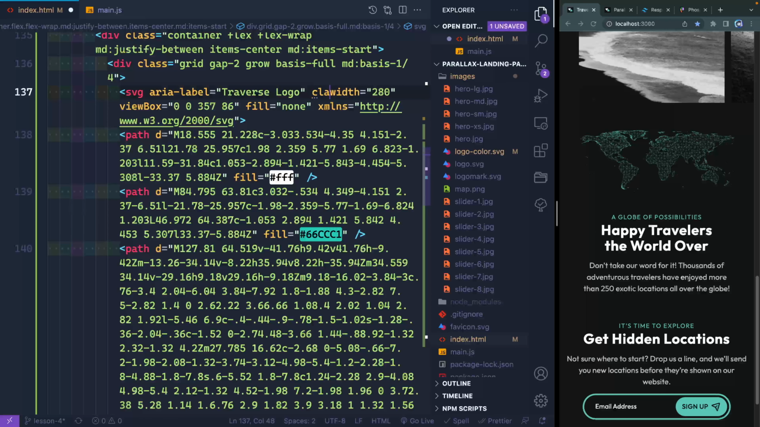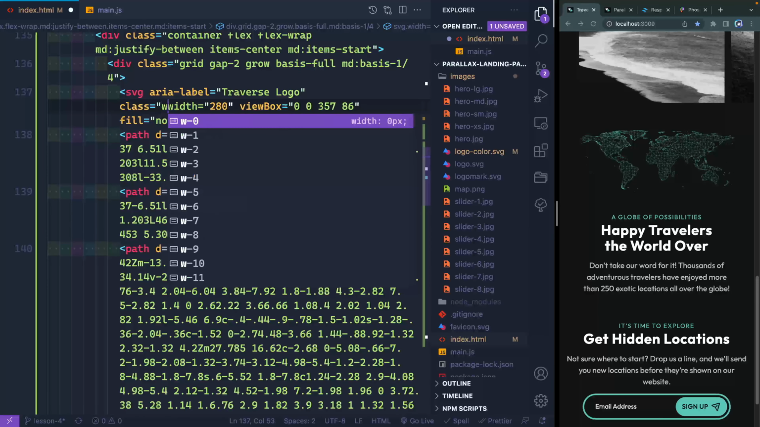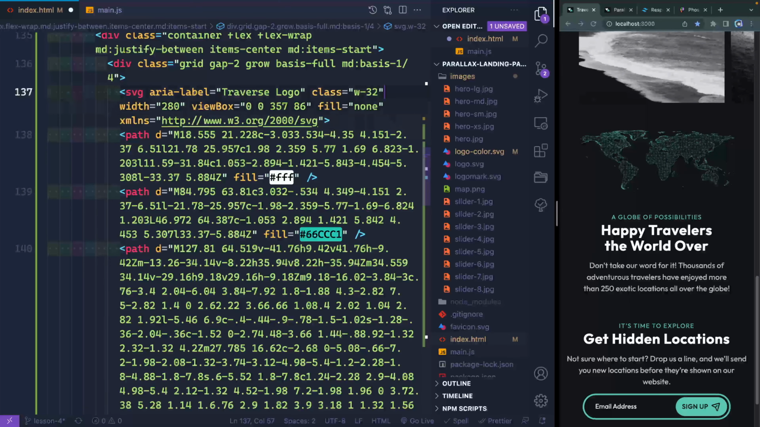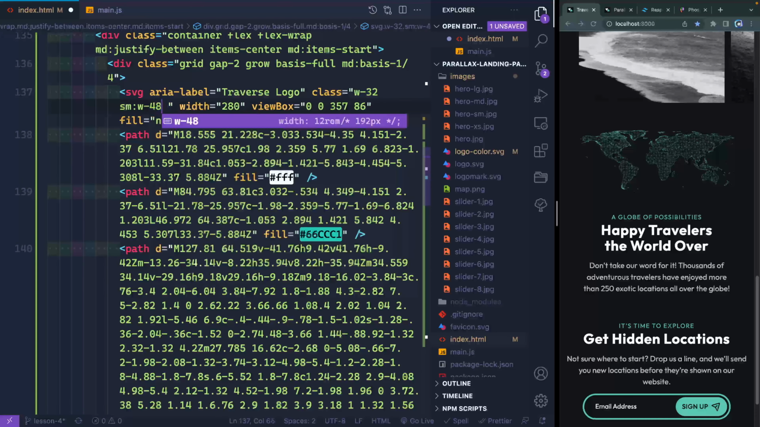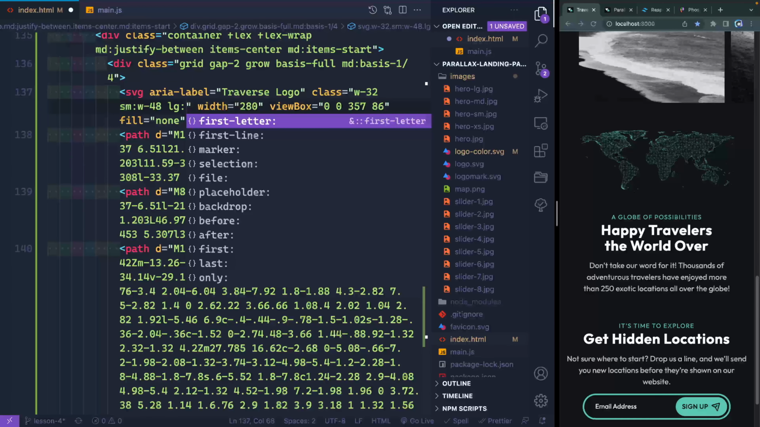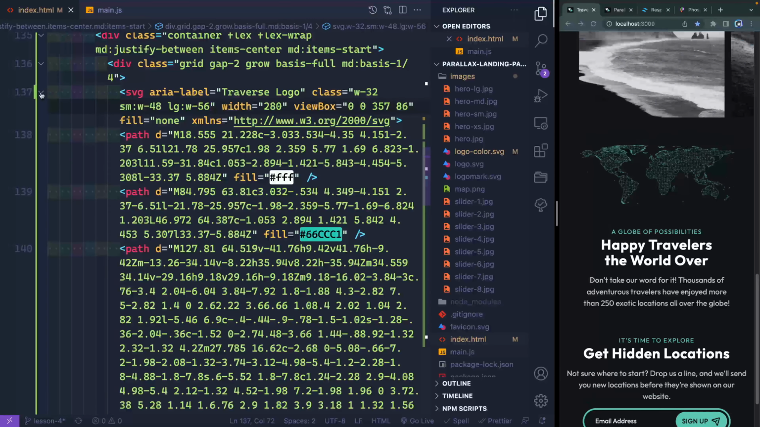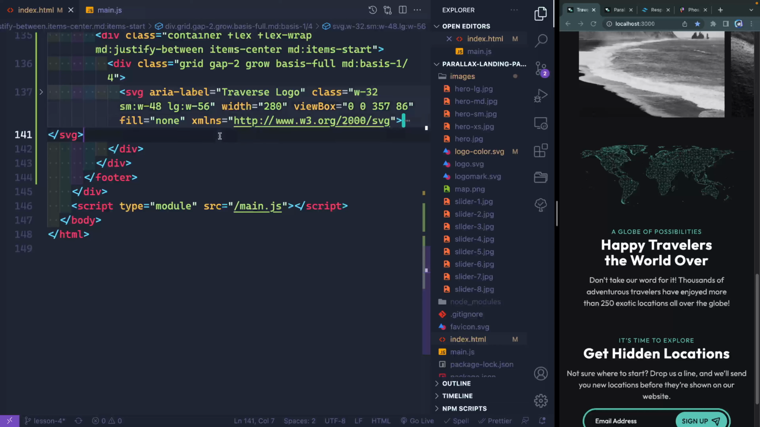Next, though, I want to add some classes, so I'm going to say it needs to be a width of 32, and then we can basically change this as we get a little bit bigger. So on small screen sizes, we'll go 48, and on large screen sizes, we'll go 56. All right, let's close this down because it's kind of big and hard to see, and I'll move this in